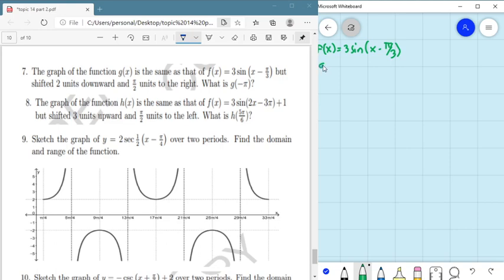Pero ang atong g of x kuno, the same ra, but shifted 2 units downward. So may nagkag 2 units downward, ato ning minusan dire og 2. And then, umoingon nga nakang shifted to the right. So, mo minus po ka o pi over 2. So, meaning, ang mahita mo ani, copy 3 sine of ang x kay shifted pi over 2 units to the right man. So, mo minus ka o pi over 2